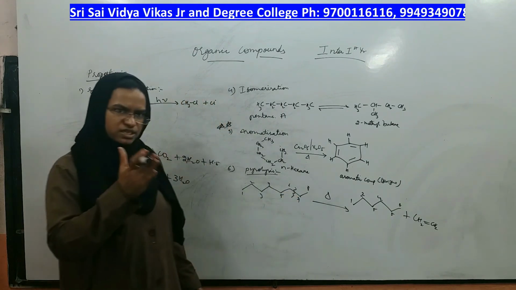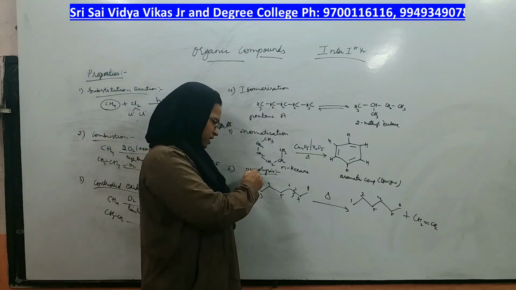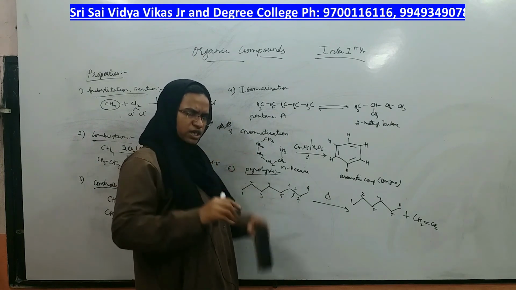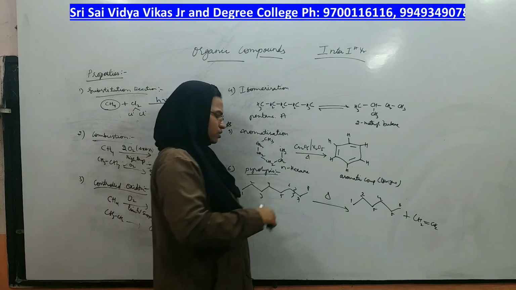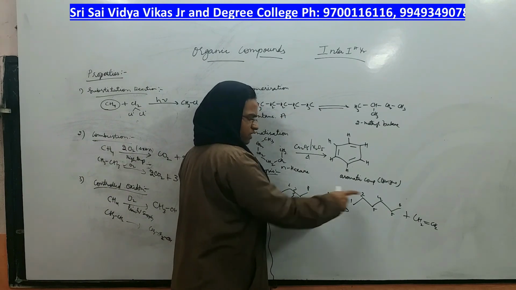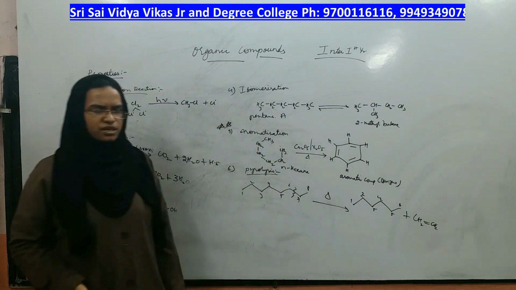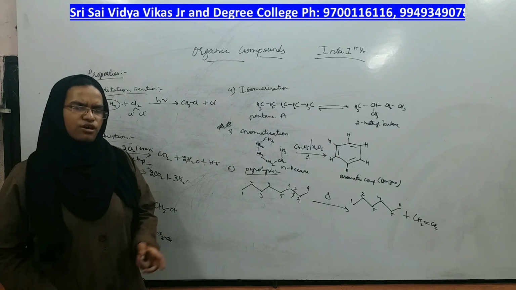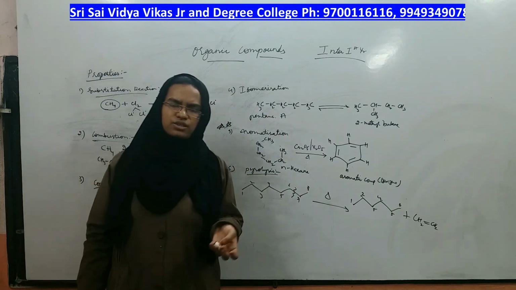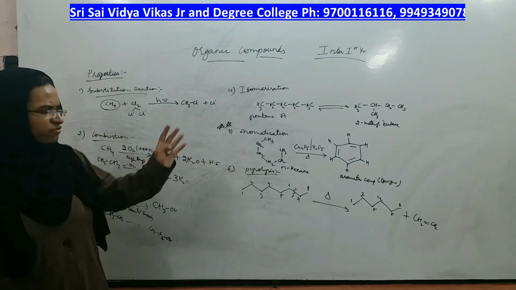point the lysis will take place because of heat. Lysis means breaking. Why does breaking take place? High temperature. At high temperature, long chain alkanes will be broken down into smaller fragments. That smaller fragment at the end will become a double bond, and the remaining will remain as a saturated compound only. This is pyrolysis of alkanes, right? So all these are very important properties of alkanes, in which alkane will be reacting to give different products.